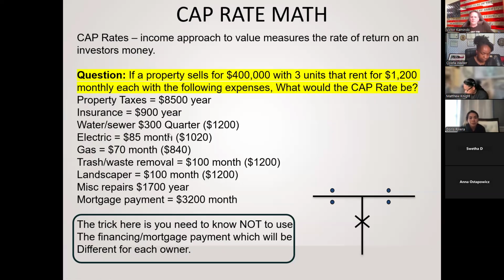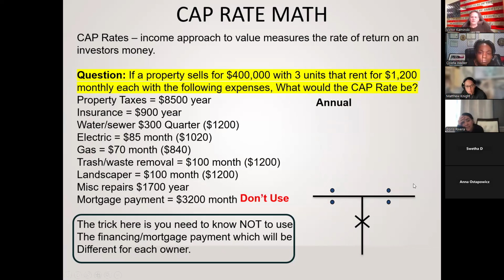So, any numbers we could plug in here now into that T formula? Yeah, the 400,000. Where does that go? The big number goes on top or bottom? Bottom, not the percent one, the other side. Okay, so first we're going to need, so what goes on top then? The net,